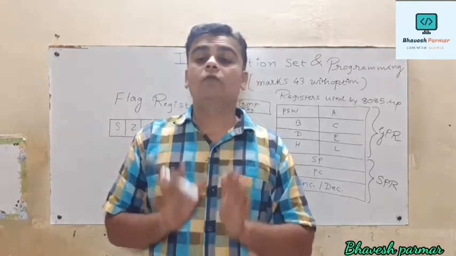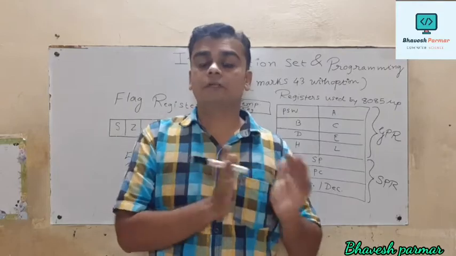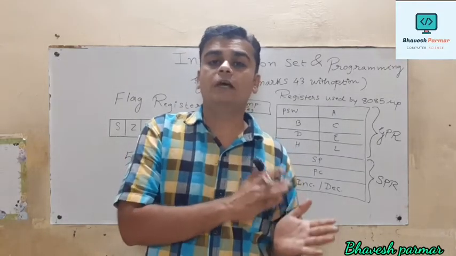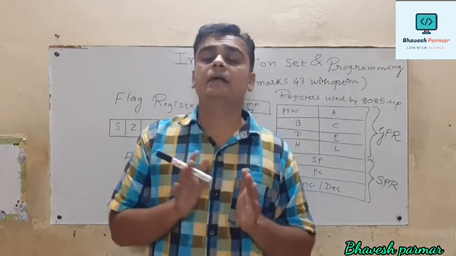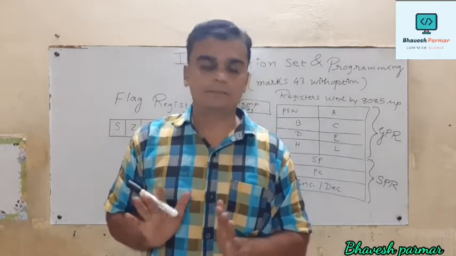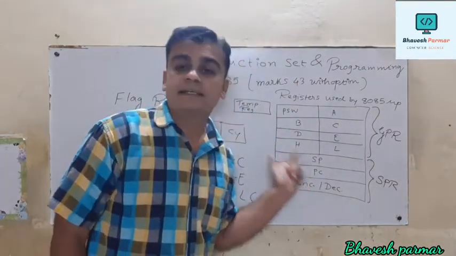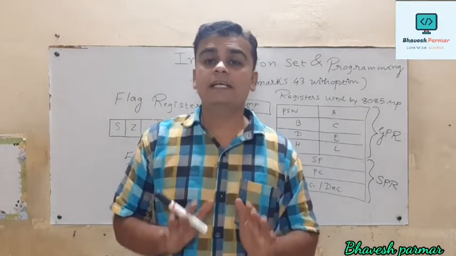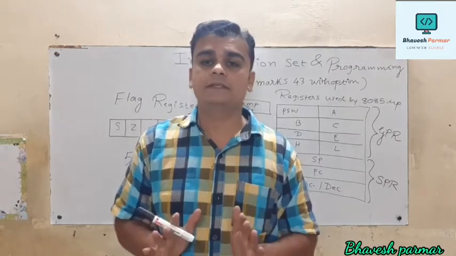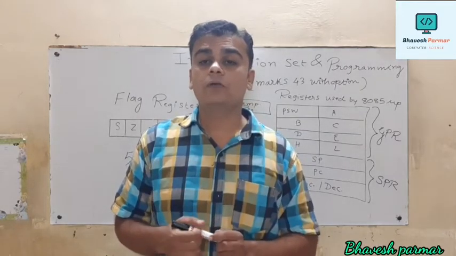Got it guys? And after executing the first line, we have to switch on to the second line, then the third line. In this fashion the current program gets executed. Okay, so what is next? Next is called PC. PC stands for program counter. Again guys, it is also a 16-bit register. And what is the use of the program counter?